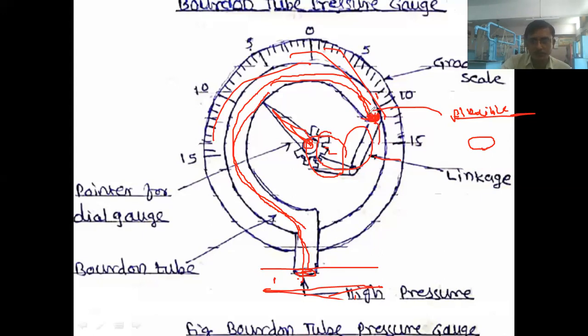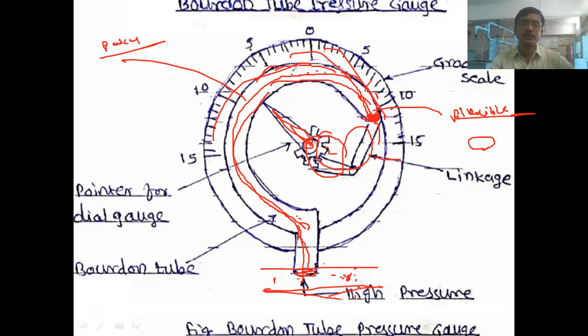But here there is no space for further moving ahead. So what is going to happen? This is going to generate pressure inside this tube. How much pressure? As much pressure as there is inside the pipe, because we have learned Pascal's law: in a closed system, pressure is the same everywhere. So whatever pressure intensity is inside this pipe, the same pressure intensity we get inside this tube. And because of this pressure intensity, what is going to happen?